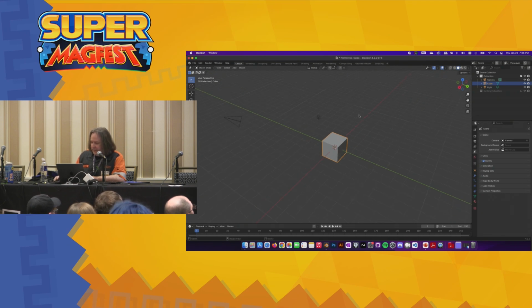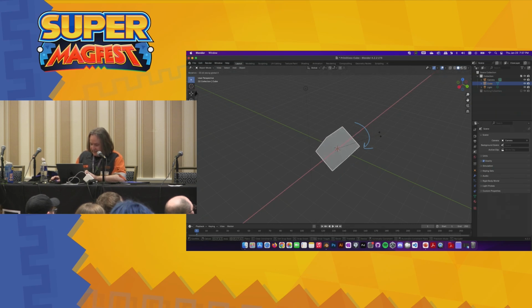Our Y line is our green line there. And then it doesn't render it, but blue is the up and down Z axis. So I say that to say, like, let's say you were rotating this, but you want it to rotate basically this way around our red X axis. As we would rotate, we would just hit X. And now it will constrain it to that, and we can rotate it just that way.